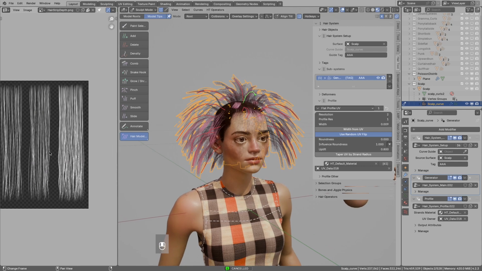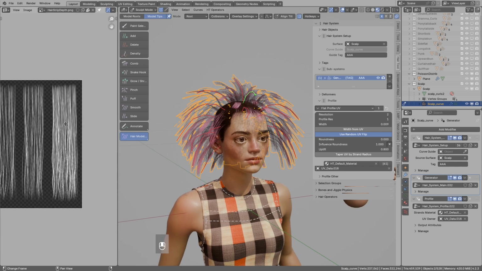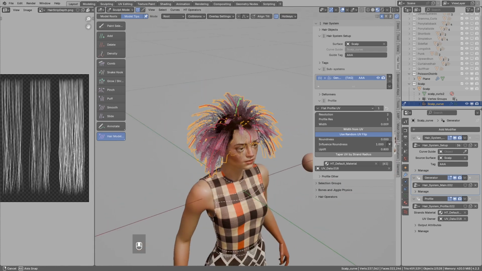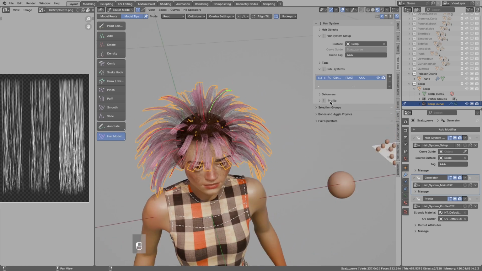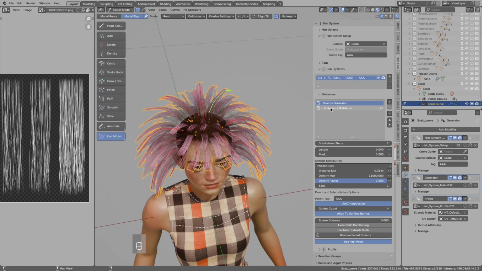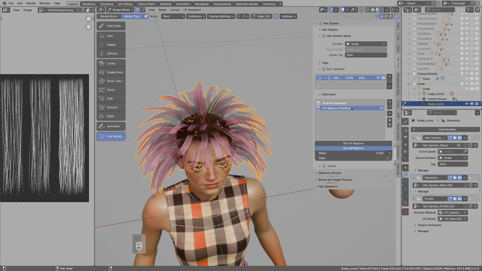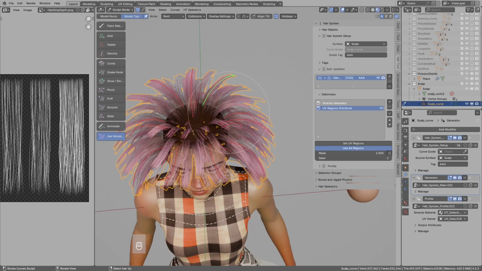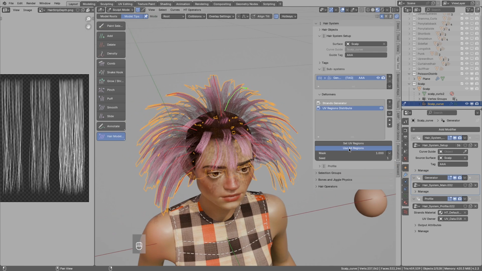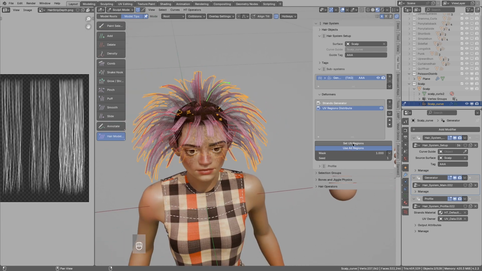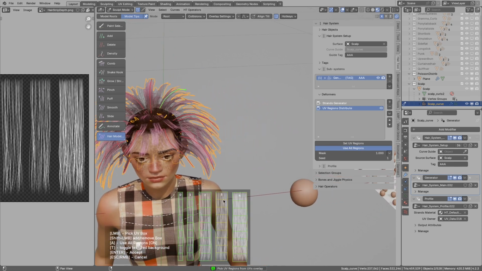So anyway, now I want to use this dense texture from this UV region on the hair strands. To attach this UV box to the hair strands, you do this actually in the deformers UV region distribute. This will be usually added automatically by the add-on, otherwise you may not see the texture on the strands, depending on the setup. So anyway, this is now using all UV regions, but I want to pick manually UV region, so use this button. And if you want, you can use the T key to show the texture, and I will just click on the last box.